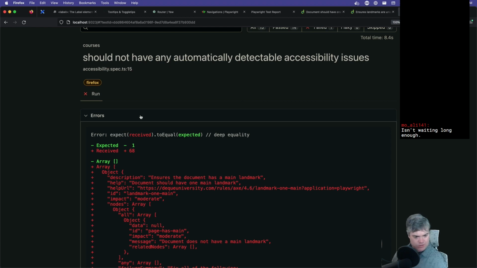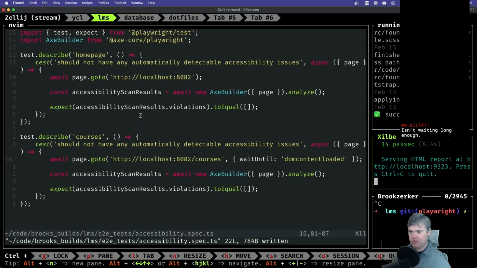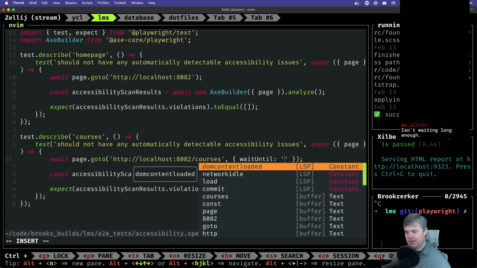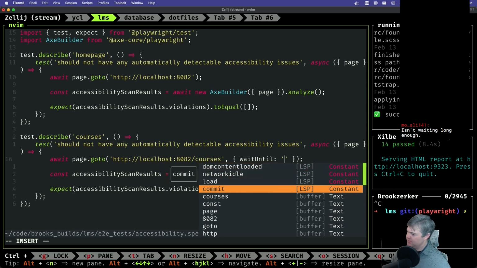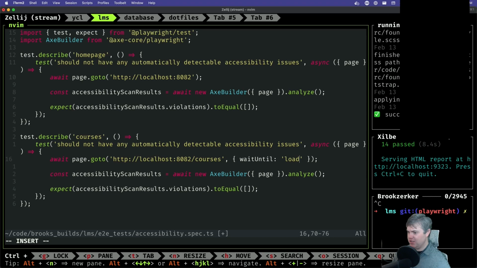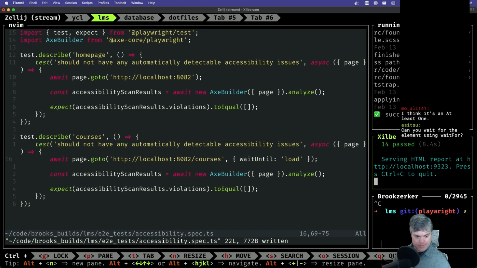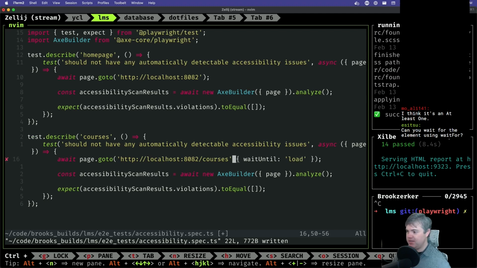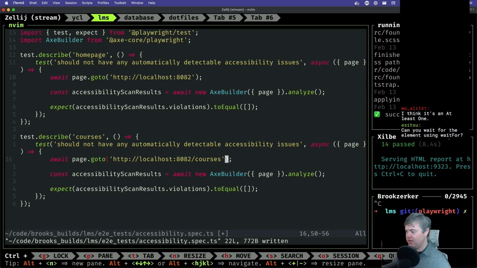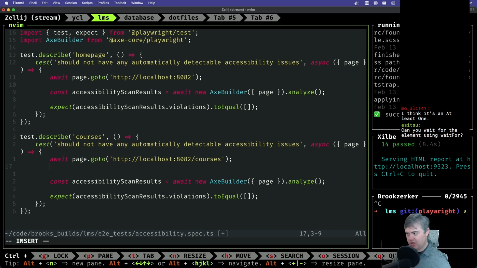I guess I was trying to wait for long enough. So we tried DOM content, we tried network idle. I don't know what commit is. We could try load. Can you wait for the element using wait for? Maybe. Oh, you know what the other thing that we can do is I can put a test in here for courses. So we could also just do